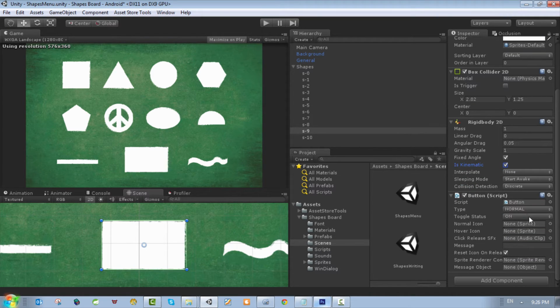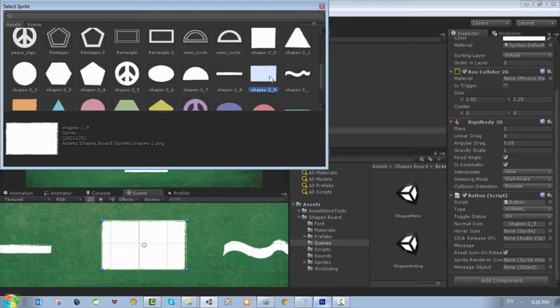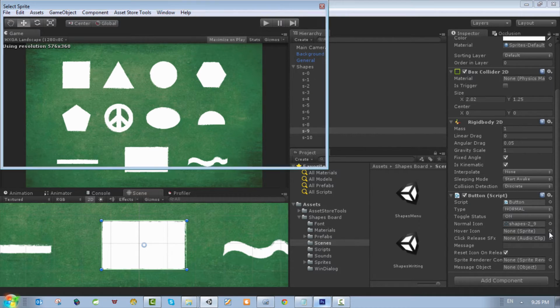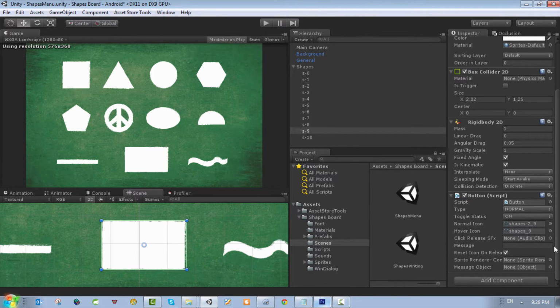This button has a normal icon, which is going to be this one, and also a hover icon, which is going to be this one. So we have these two icons. We need to add a message, and for that message you just need to click enter, because we're going to call this event,